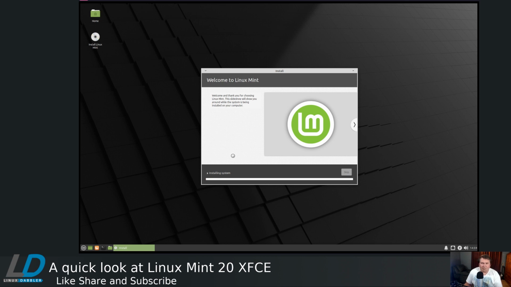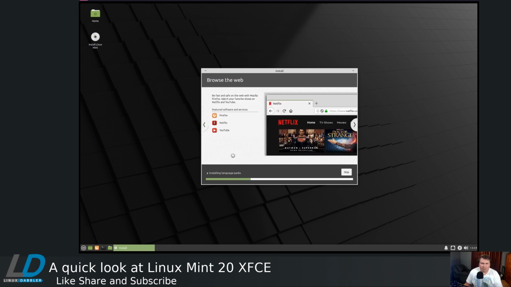And Linux Mint apparently really did not like that, because they have not included any snap packages on the ISO, and they've actually gone out of their way to not let people install snaps by default,